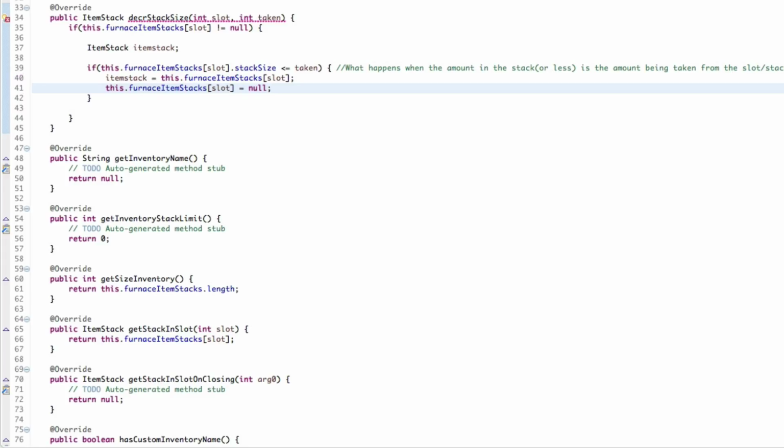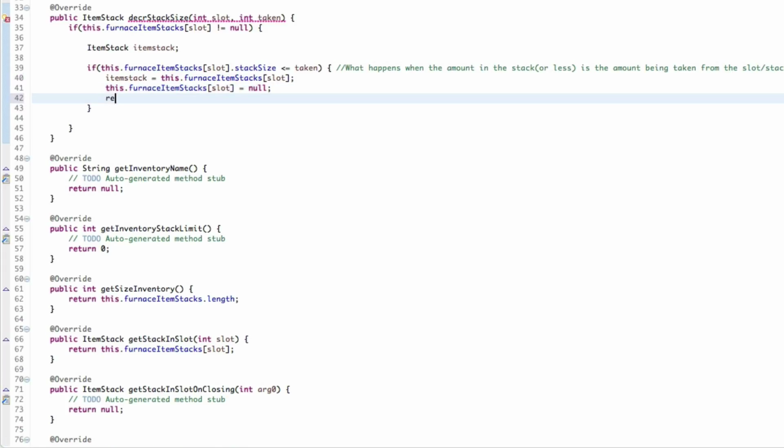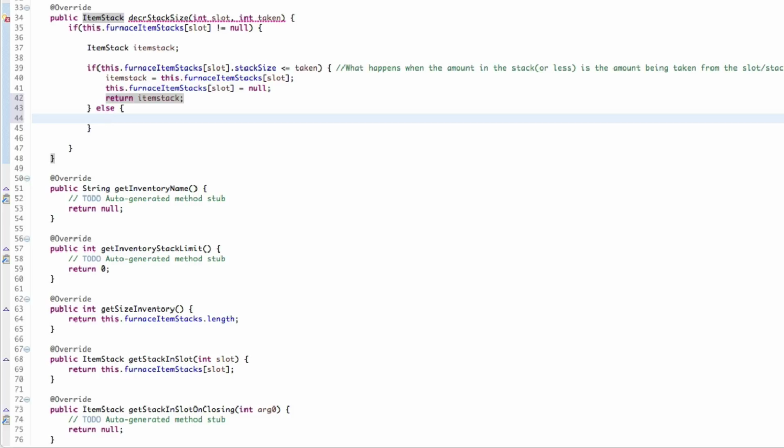Okay, so then we're going to return item stack. Okay, perfect. Now, what if that is not true? If it is just less, for example, we just want to split the stack, right? So we're going to go item stack, since we've already created that, is equal to this